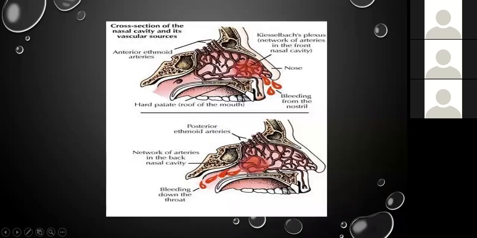Usually it's moderate to severe depending on what the cause is. For the posterior epistaxis, because it comes from the posterior aspect, you find that more bleeding is